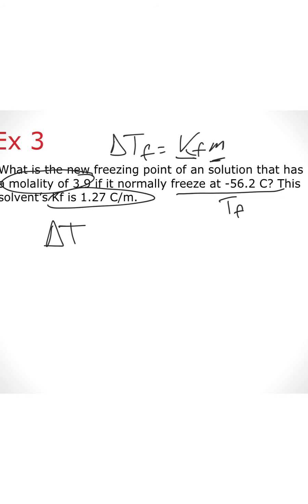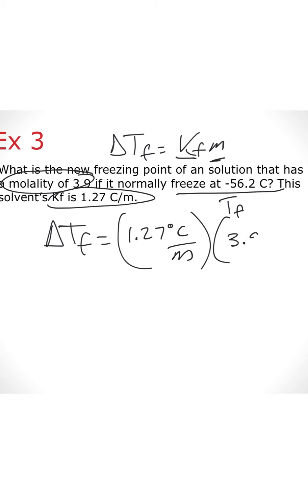So delta Tf is equal to Kf, which is 1.27 degrees Celsius over molality, times molality, which is 3.9 molal. So the molality cancels out. So I take 1.27 times 3.9, and I end up with delta Tf